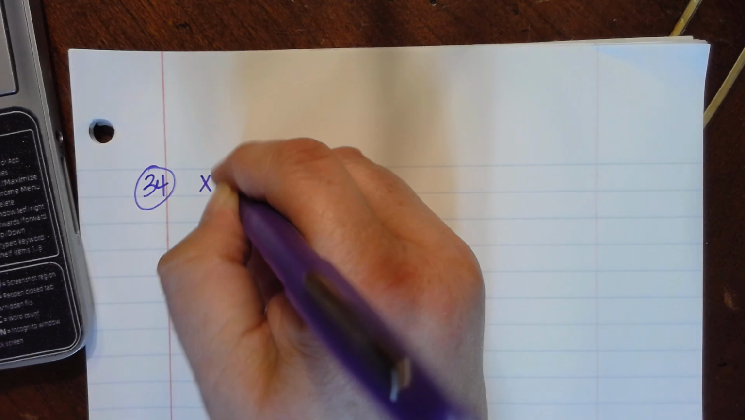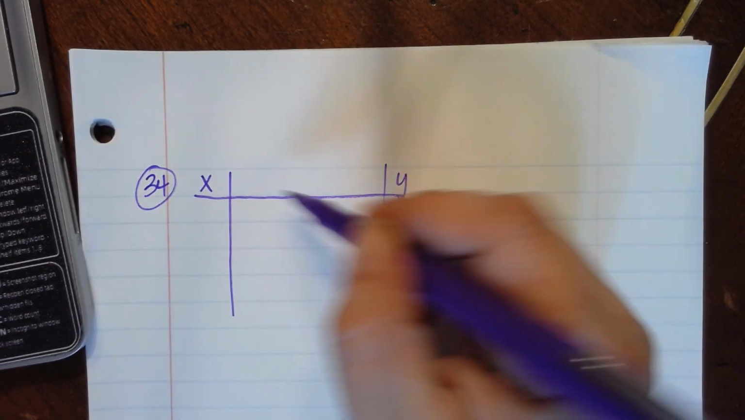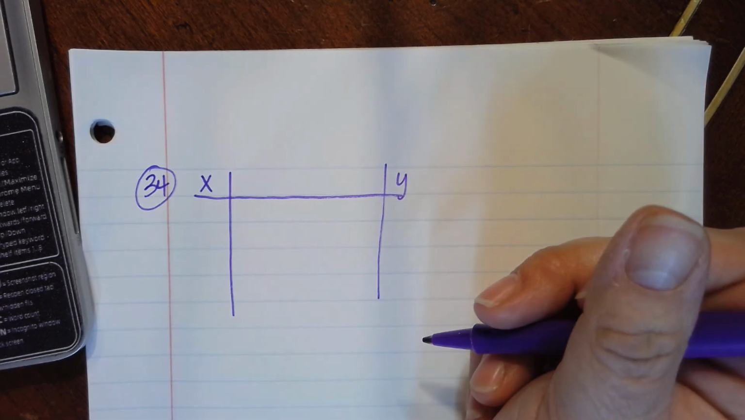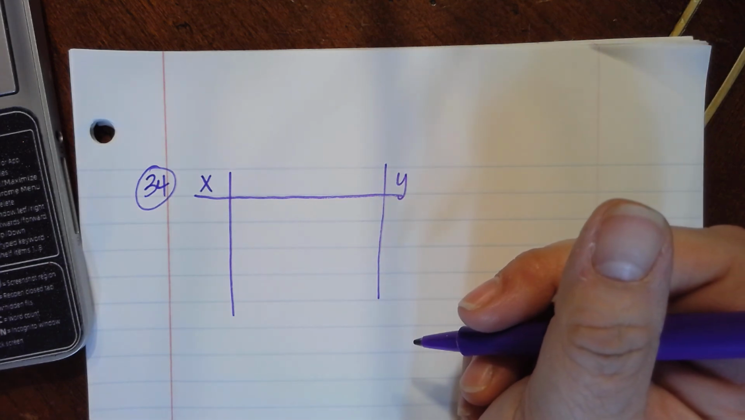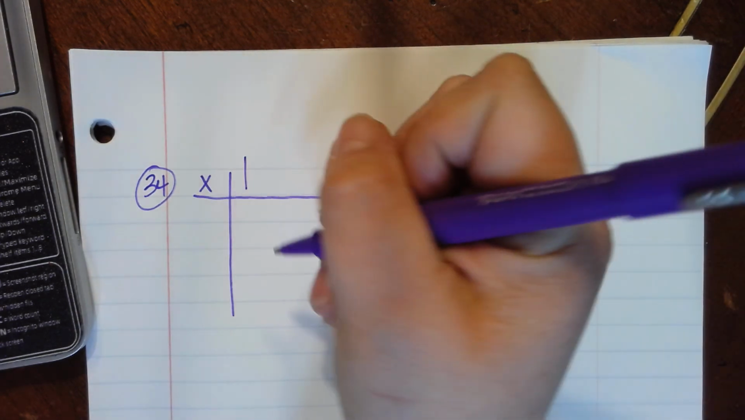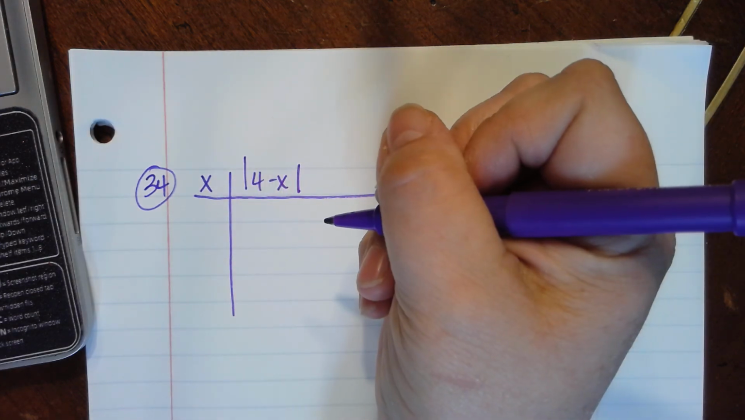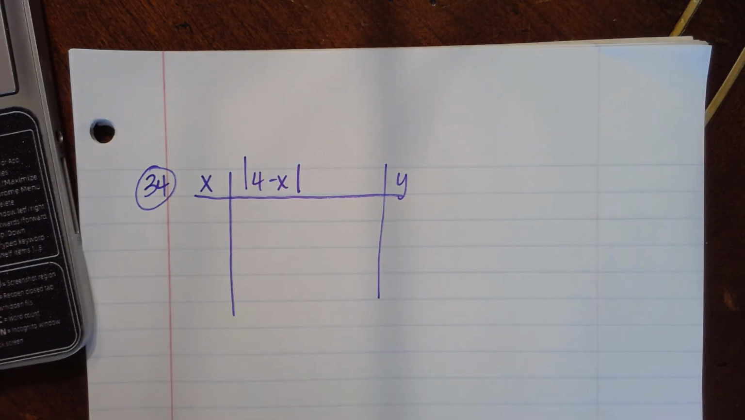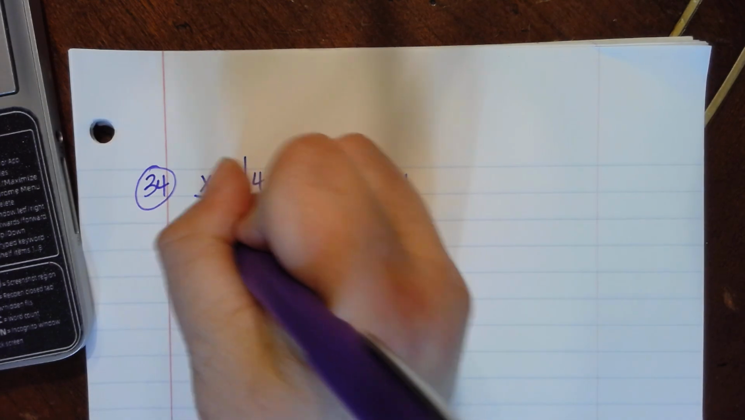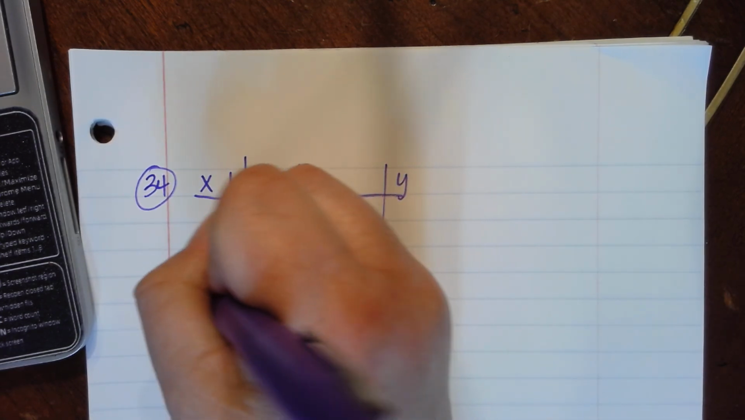There's a whole lot of x options. So I'm just going to come over here and I'm going to say these are all our x's. Okay, and once we plug it into this, we get our y. So I've got f of x. Oh, so they're giving us an absolute value of 4 minus x. And x is equal to negative 1, 0, 3,